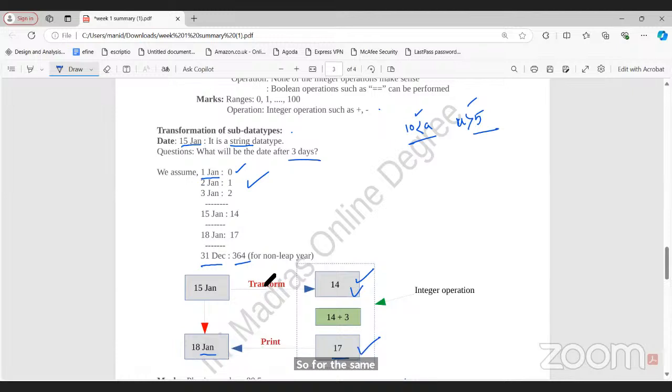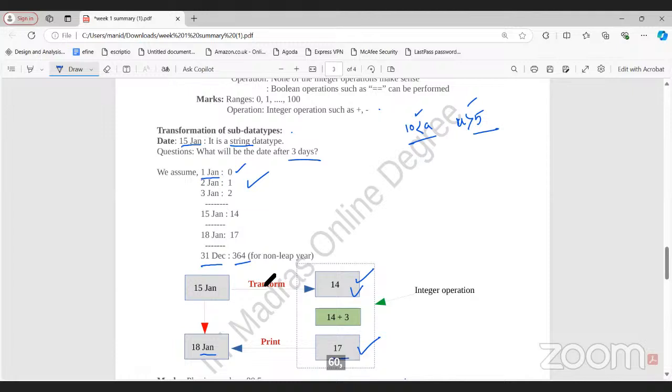Like the leap year concept, I just said that if there was one more day in this year, then 31st December would have been your 365th day of the year. So in this case, what do we usually know? In a normal year, how many days do we have? 365. In a leap year, we have one extra day, 366. So in this case, since the first day is represented by 0, in this representation,